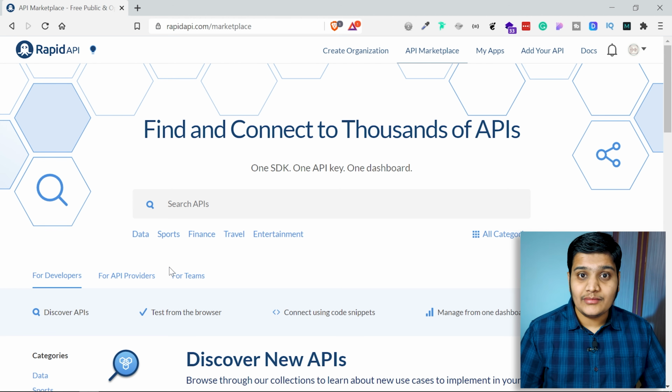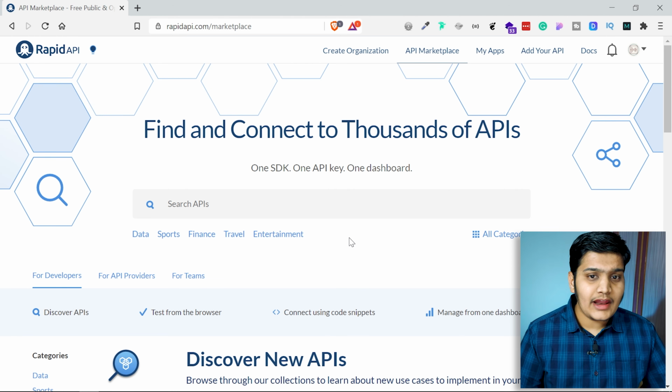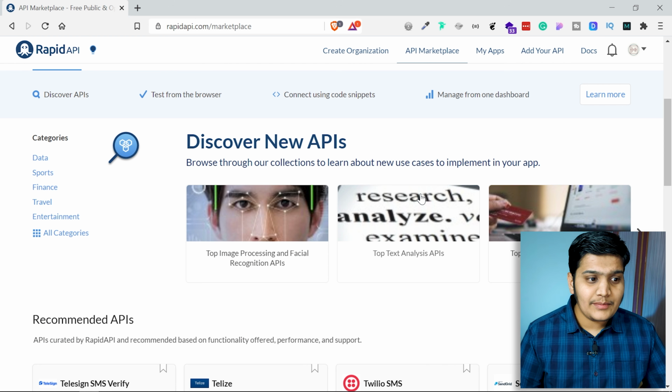There are a lot of APIs available in Rapid API to work with. Suppose you are learning any of the UI frameworks. To create a UI you need some APIs so you can get the data and build your components. For that you can use Rapid API. If you are learning some backend technologies and want APIs, you can use that too. For many languages you can use this API. I'll show you later that there are code snippets available for many different languages. Here you can see that in the Rapid API page there are lots of APIs available.